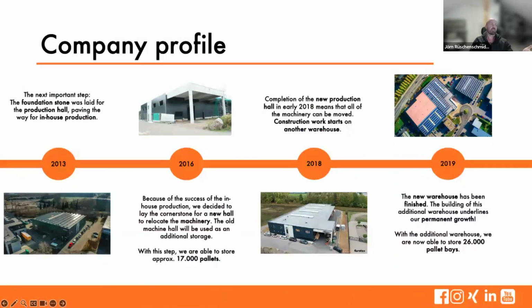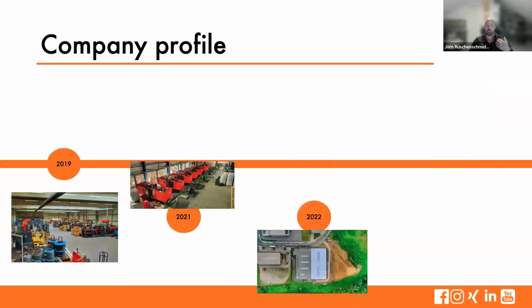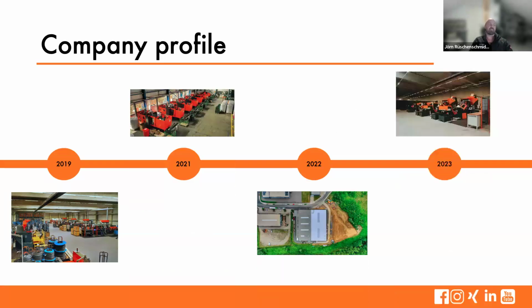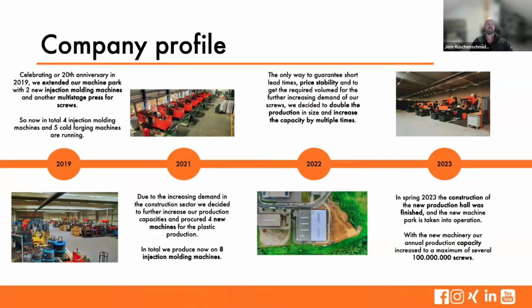So in 2013, we already had the first new production building. 2016, we needed a bigger production building. 2018, we extended the warehouse. 2019, another warehouse extension, and just in the last recent years, we grew in a quite big manner as we did in the past. So we extended the production, doubled it in size, increased the injection molding facilities, and also got a new machine park in